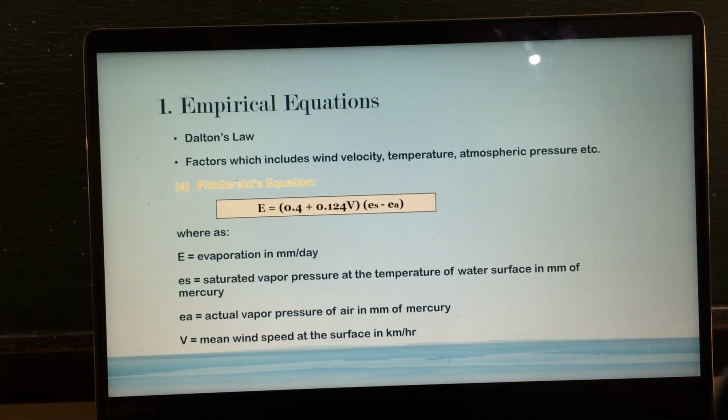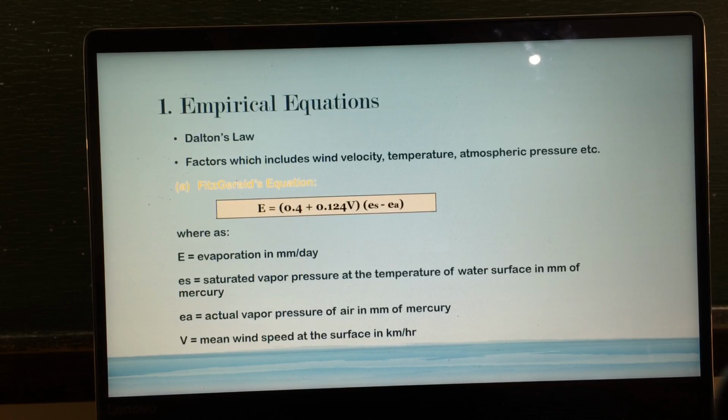The first available method is by using empirical equations, which include Dalton's law, factors which include wind velocity, temperature, atmospheric pressure, etc. Under empirical equations are A. Fitzgerald's equation with the formula of E is equals to the quantity of 0.4 plus 0.124